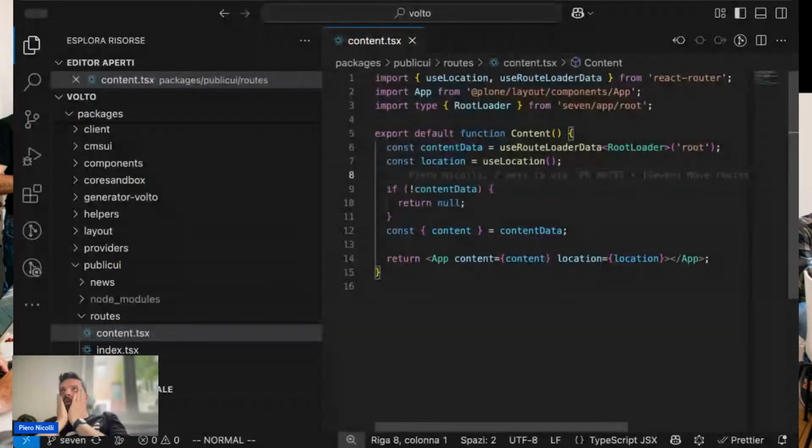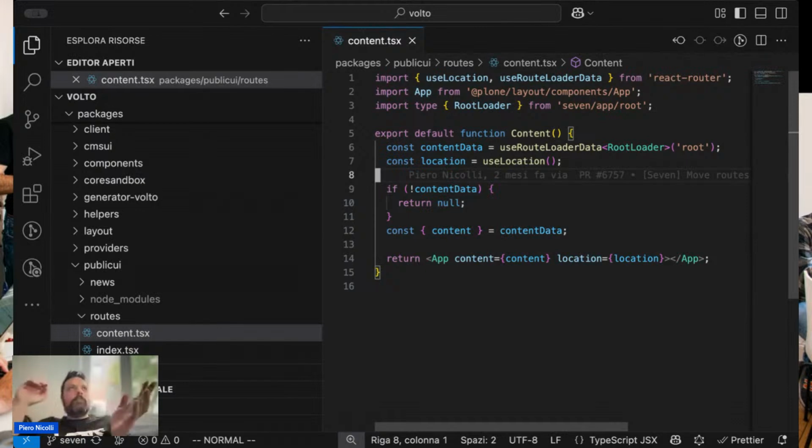A lot of it will depend on how 7 will turn out to be, because most of the data that you need will actually be from the root loader because it has the context object, right? So most of it is usually in the context object. This is just a guess because we still have to discuss it: that the blocks can inject more things to fetch, and it will happen in the root loader as well,